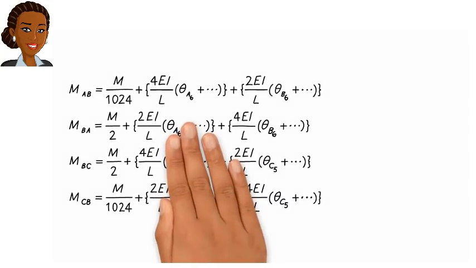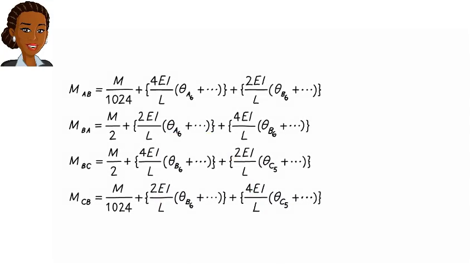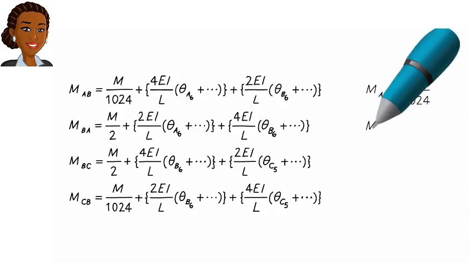The theta values that are being computed at this point are rather small, and are getting smaller and smaller with every passing iteration. This means that for all practical purposes, we can assume that the remaining terms in the series add up to 0. Therefore, the member end moments can be approximated as